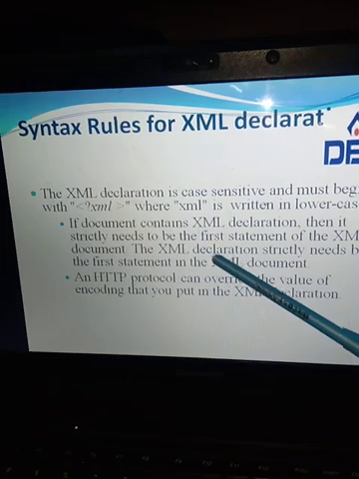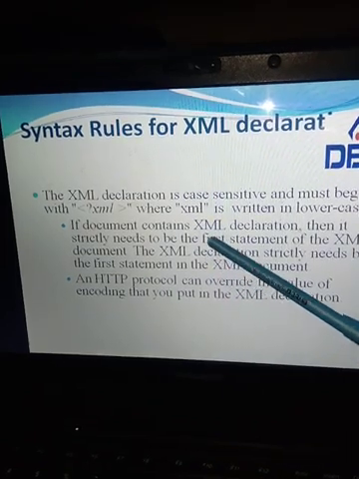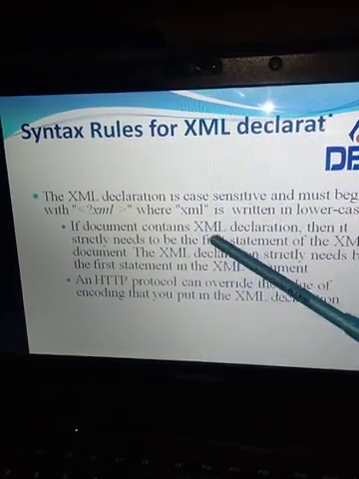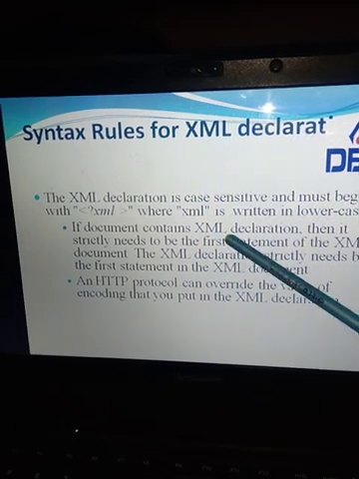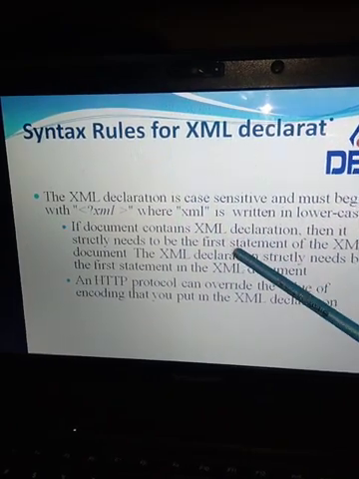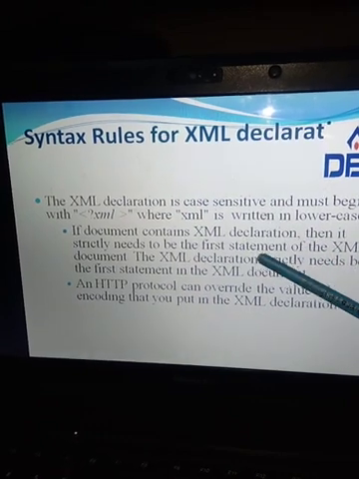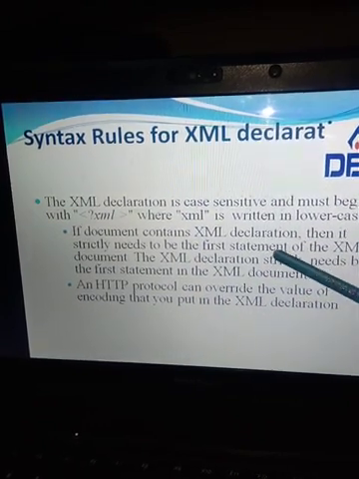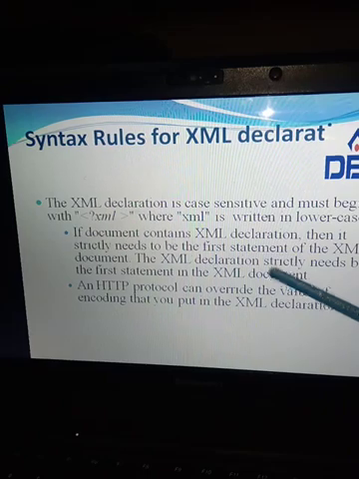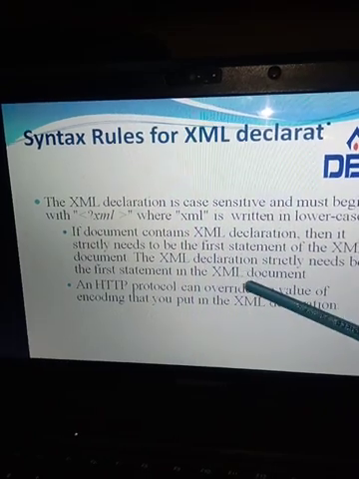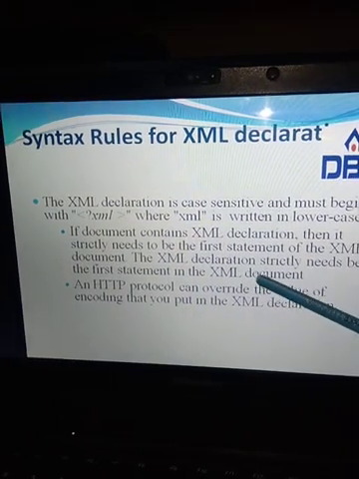Next, XML documents must contain one root element that contains all other elements. In that we have the root tag, in that a child, in the child a subchild tag. After the child tag is closed, the root tag is closed.